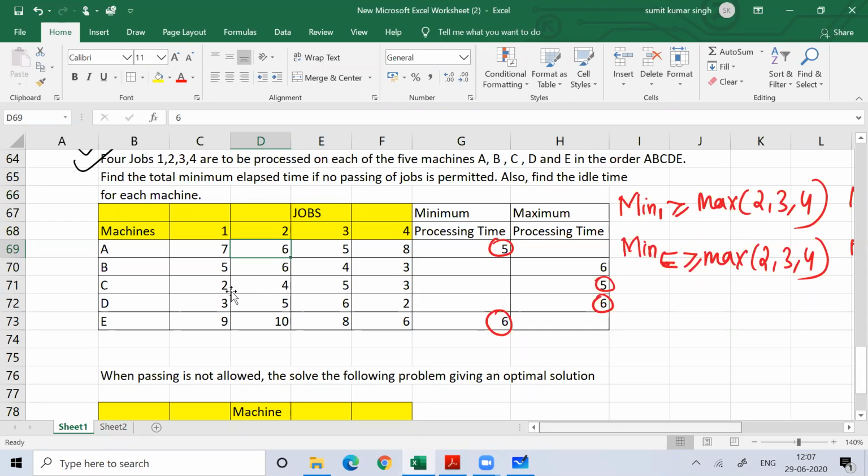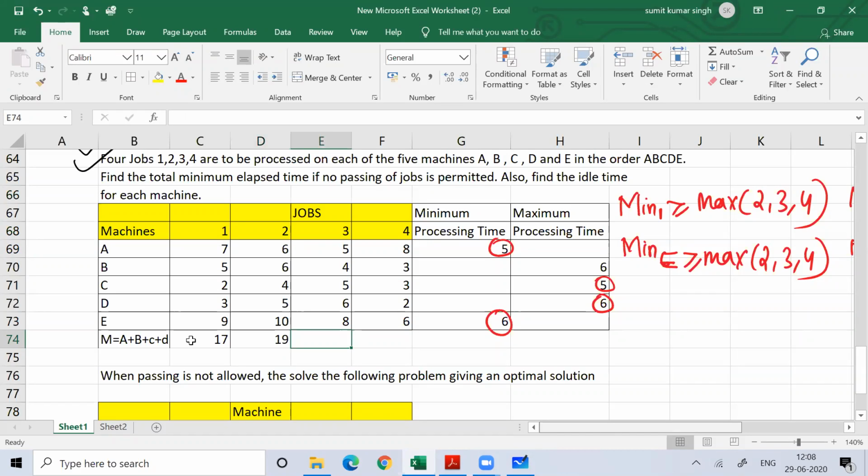So machine ABCD would be machine M, while BCDE would be machine N. So I can write machine ABCD as machine M, where M is equal to A plus B plus C plus D. So 7 plus 5, 12, 12 plus 5, 17. Then 2 plus 6, 7 plus 5, okay, 12, 14, 17. Then 6 plus 6, 12, 12 plus 4, 16, 16 plus 5, 19.